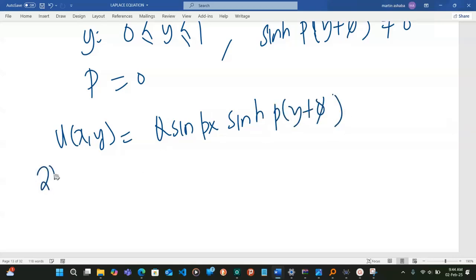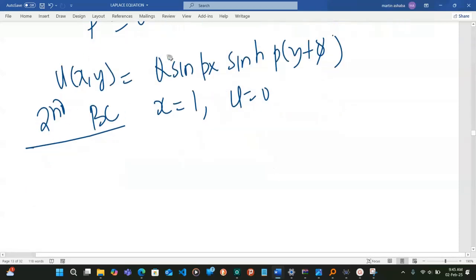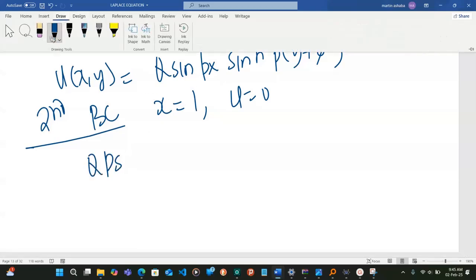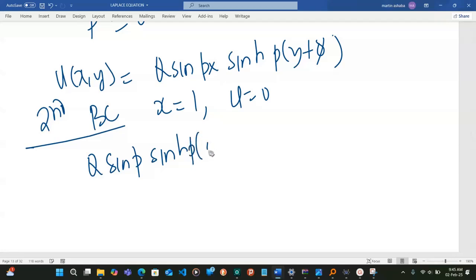Then the second boundary condition: we are told that when x is equal to 1, u is equal to 0. And this is still true for the range of values between 0 and 1. So when we substitute in the values, x is equal to 1, I'll have 2 sine p, then we take the hyperbolic sine function of p y plus phi, which is equal to 0. Again, for this to hold for all values of 0 ≤ y ≤ 1, then we'll find that